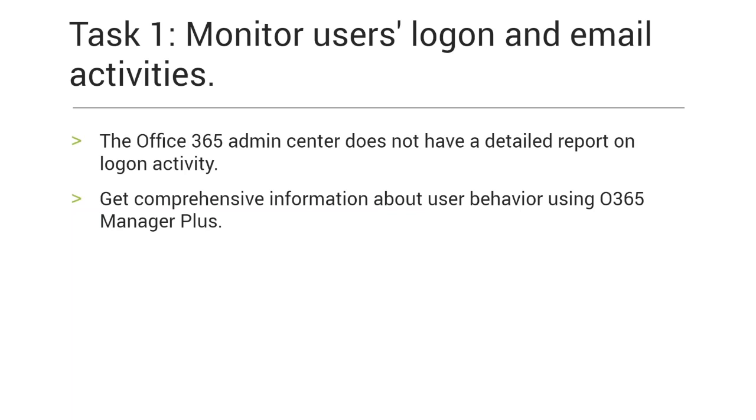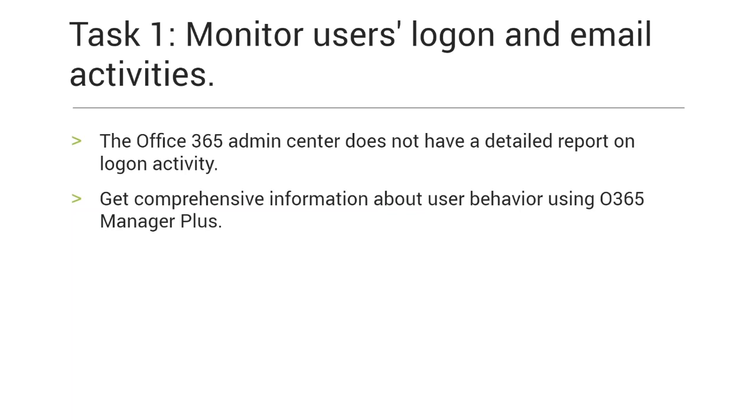What you actually need to do in the admin center is filter the required audit logs. You need to use the audit log search tool in the Office 365 admin center, filter through, and find out any details that you may want about user logon activity. And there's an additional problem that in the admin center, you cannot exactly view logon information that's older than 90